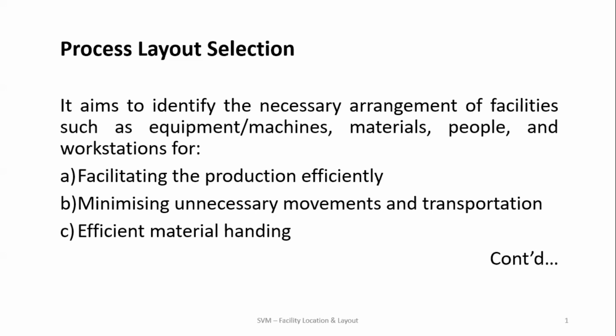Process layout selection is about arranging facilities like equipment, materials, people, and workstations so that it will boost production efficiency. It will reduce unnecessary movements and transportation. We will be able to handle materials efficiently, design and organize the workstations effectively, and also identify and remove bottlenecks, if any, and it will help us to use the